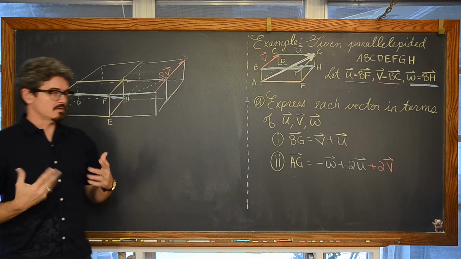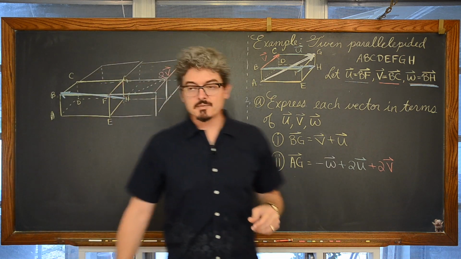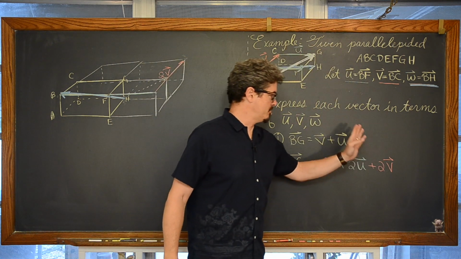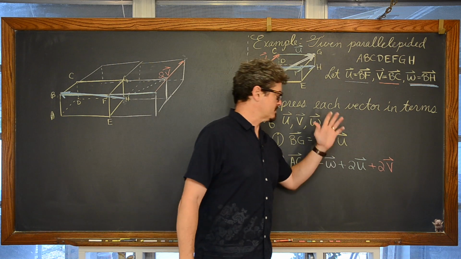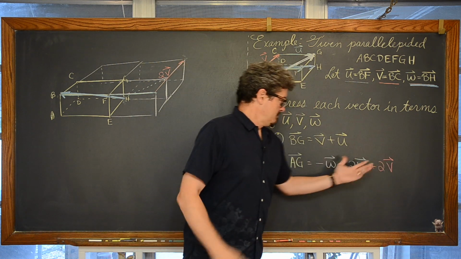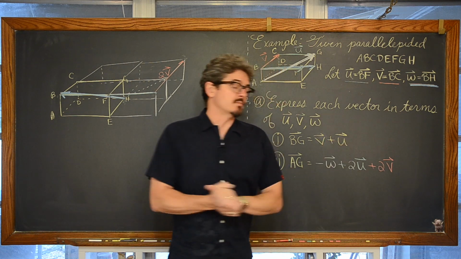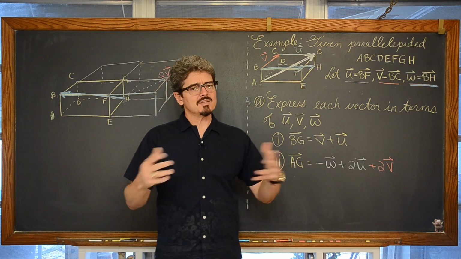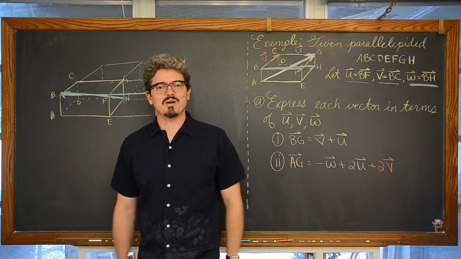Is it the only way you can see your way through the problem? No. But maybe you have plus 2u, minus w, vector w, plus 2 times vector v. You can move these around as long as you keep the signs with them, but that is how you visualize your way through this particular fairly difficult geometric vector problem.